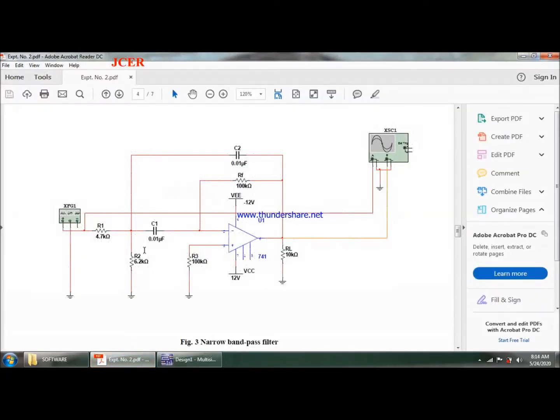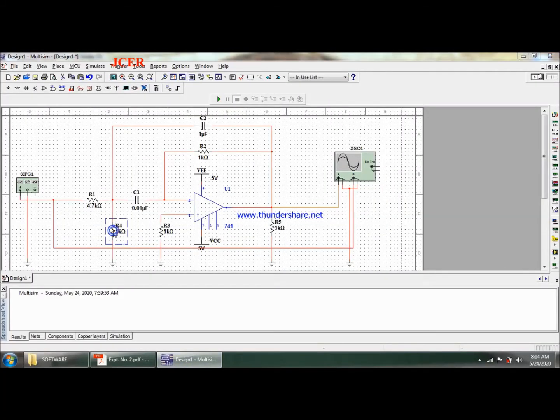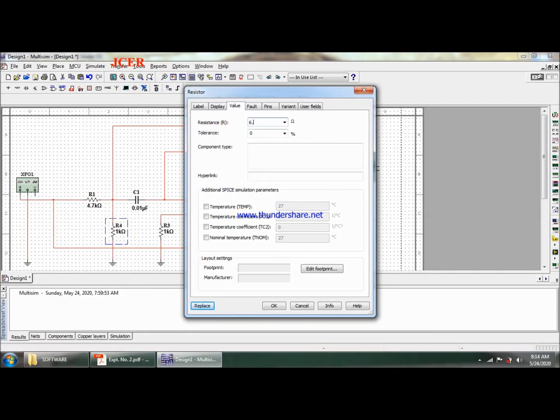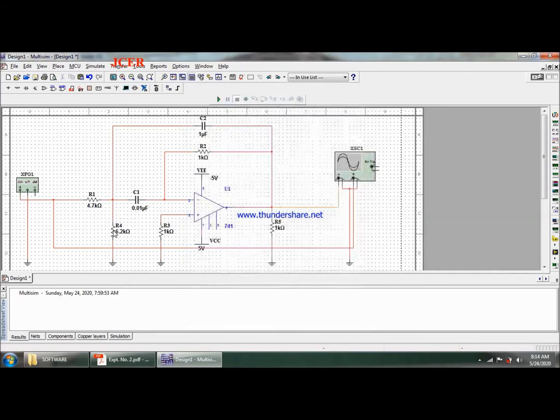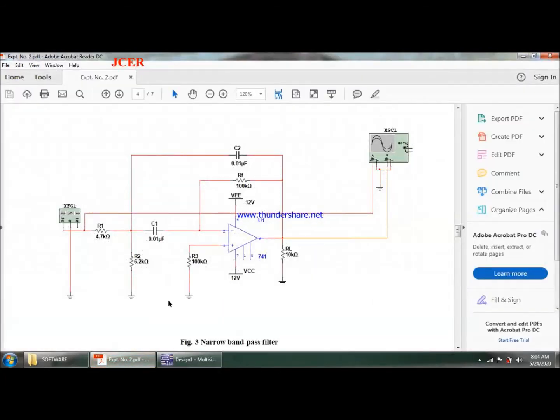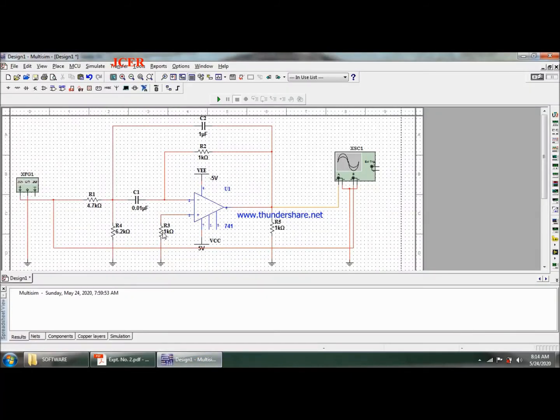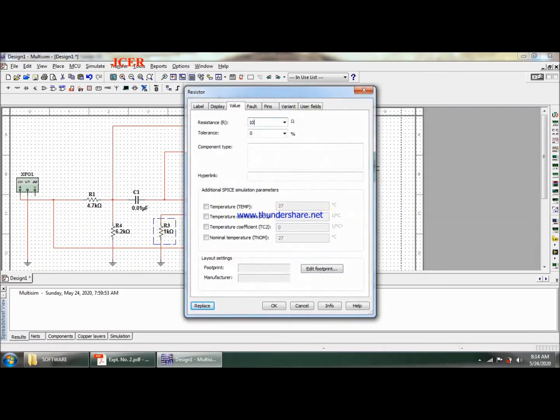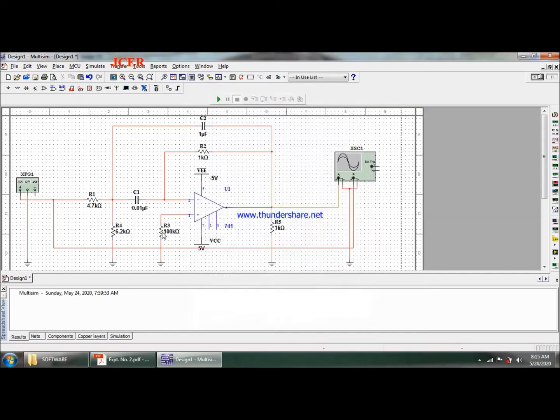Then this is 6.2 kilo ohm, and this is 6.2 kilo ohm. And this is 100 kilo ohm resistance, and this is 100 kilo ohm resistance.